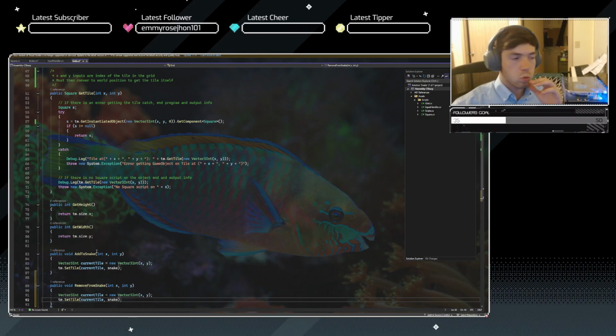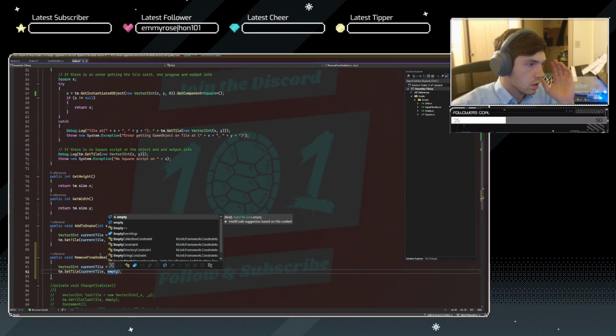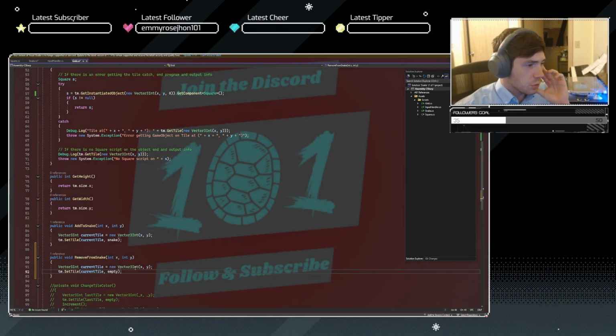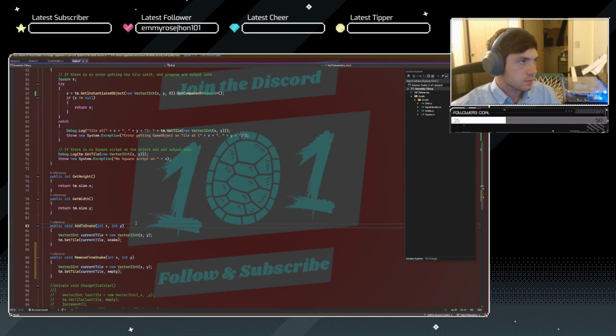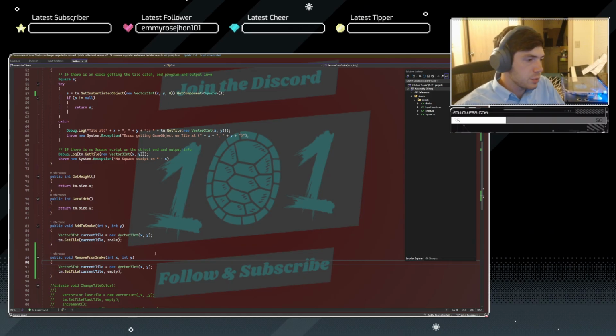There's a slight problem here because I could see, I mean, this should be empty, right? There's an issue with this being that if it can't find this tile,